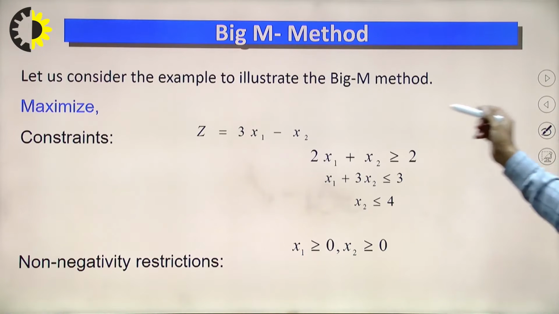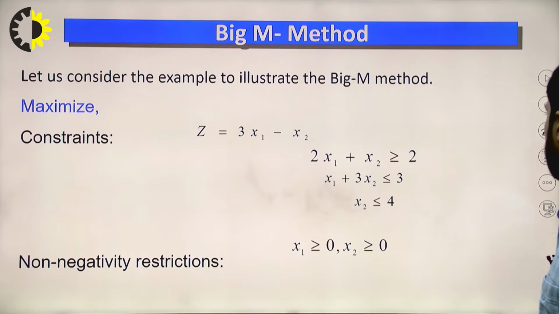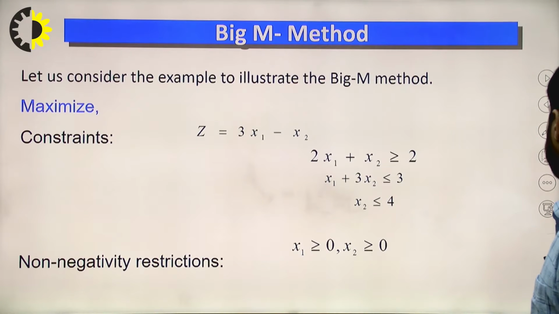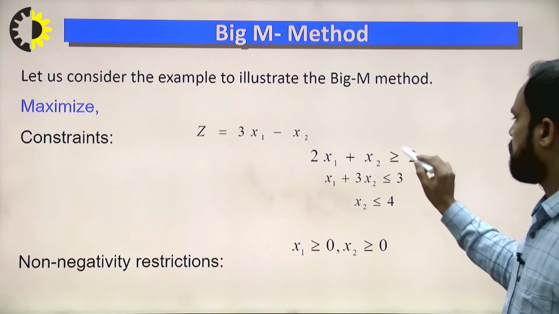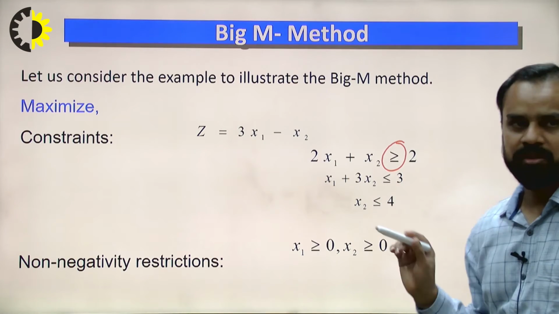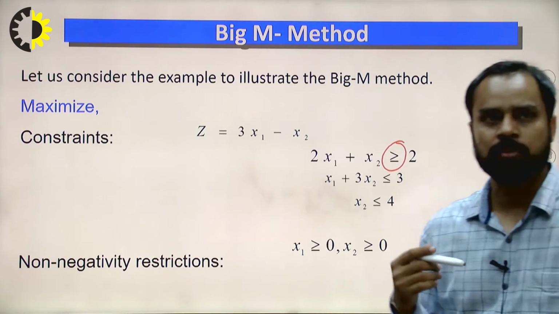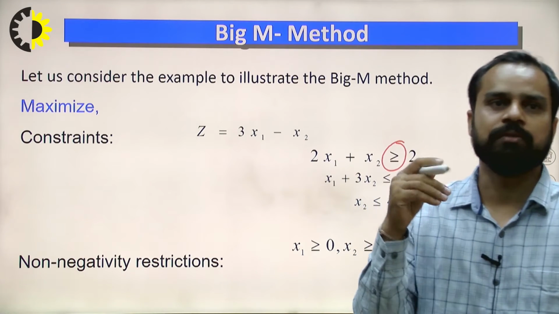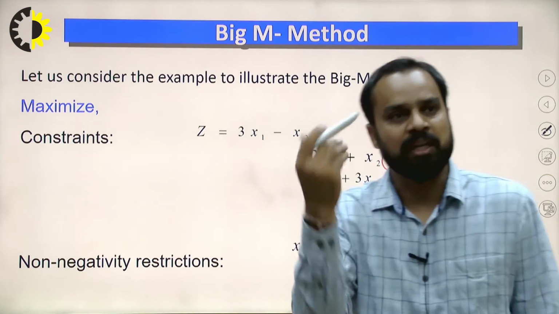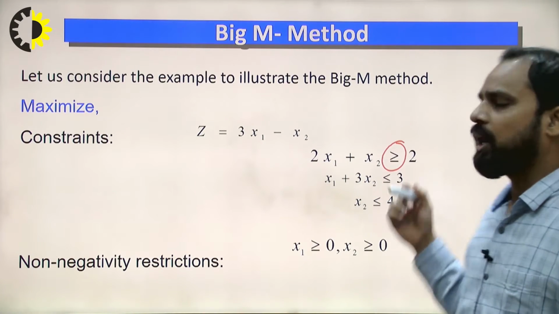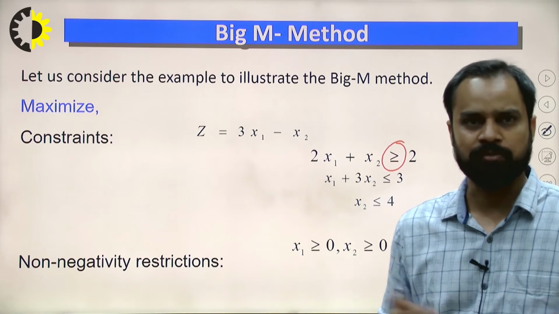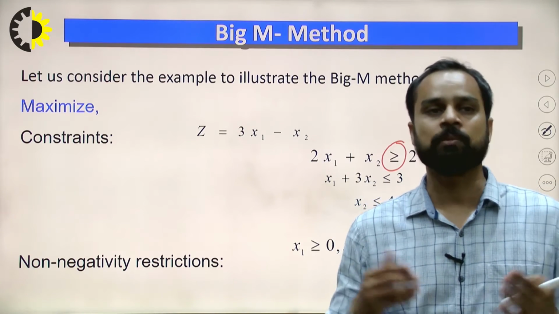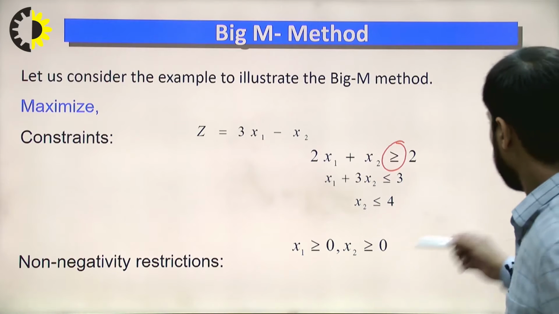Just a recap. If the constraint is of greater than type, in this problem we can easily observe the constraints are of greater than type. If any of the constraints is greater than type, it means the problem will be solved with the help of the big-M method. In the big-M method, generally we use a very big M, and we use artificial variables, right? And these artificial variables do not contribute to the objective function. The main purpose of introducing these artificial variables is so that we are able to find the initial basic feasible solution.